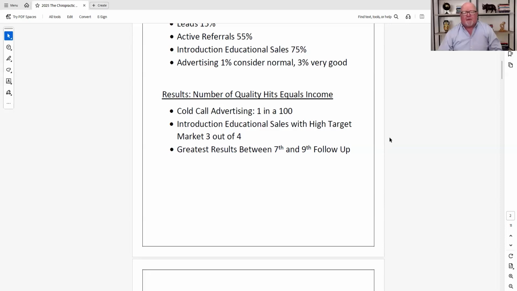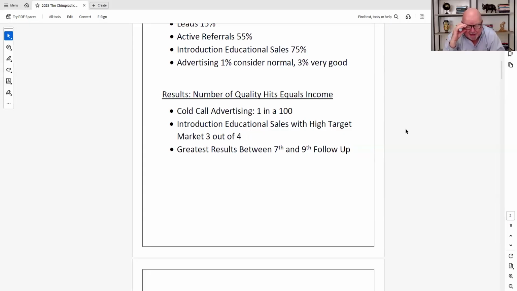And then remember, when you do follow up, and this is huge, most people don't do follow up. Most of the business with follow up occurs between the seventh and ninth contact. Seventh and ninth. Are you following up at least 7 to 9 times with the attorneys you meet? Are you following up with all your marketing 7 to 9 times with who you meet?